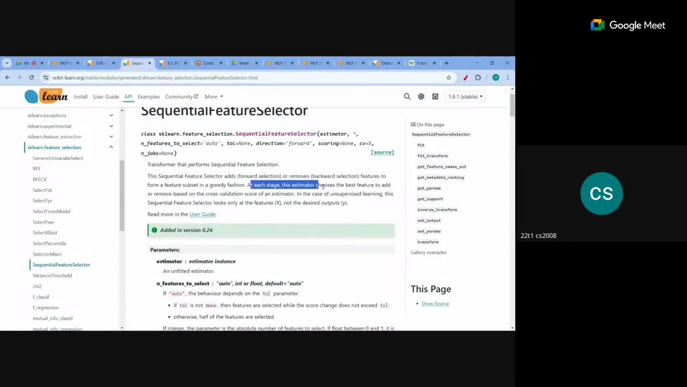Like at each stage, this estimator chooses the best feature to add or remove based on the cross validation score of an estimator. Right? So this cross validation, have you heard of cross validation? I'm not sure if we ever did it, but